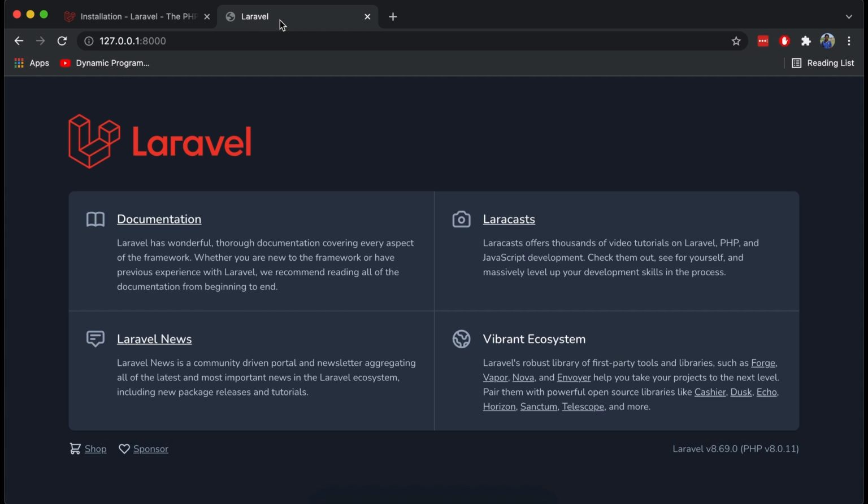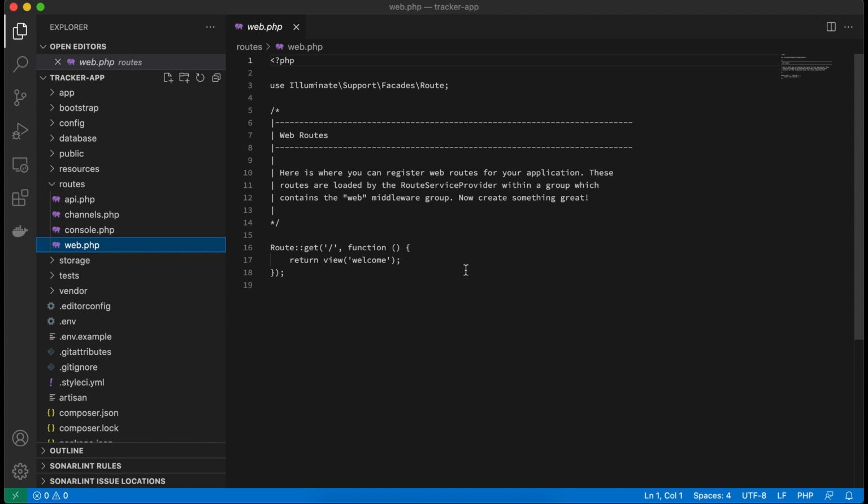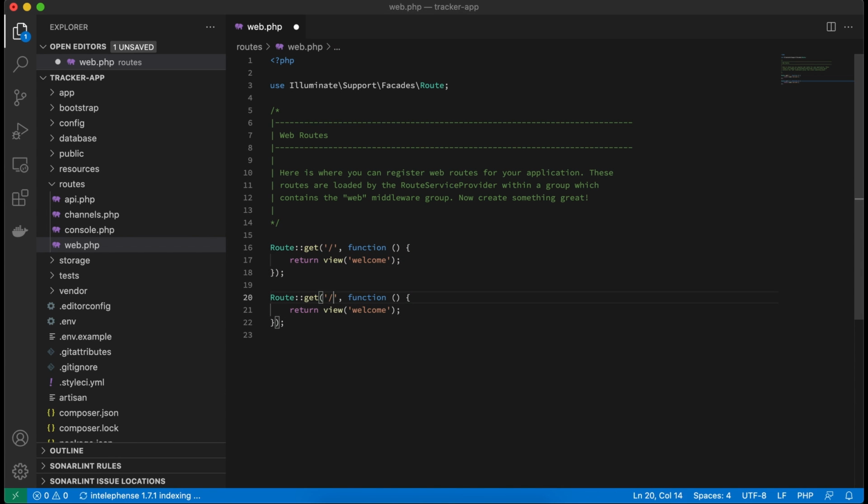And the next thing we are going to do is create another page where we are going to work with Laravel. For example, if I go into the routes and this web.php, this is the main route which is showing us the welcome page at the moment. So we're just going to copy this part, paste it down here, and let's say app. And we're not going to return a view here. We're just going to